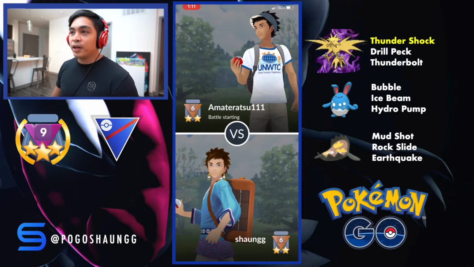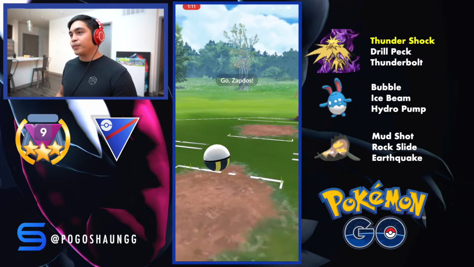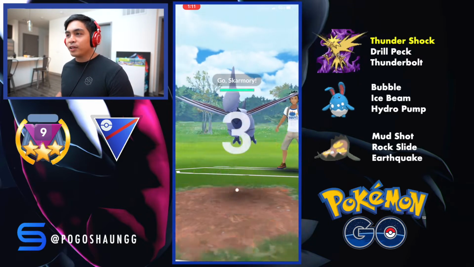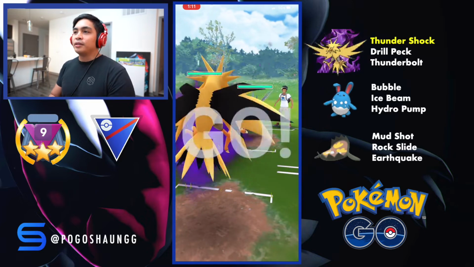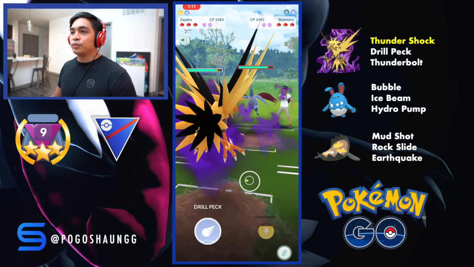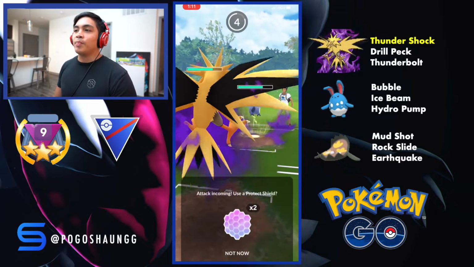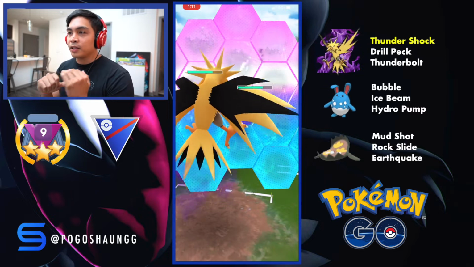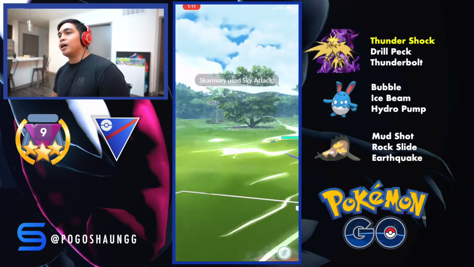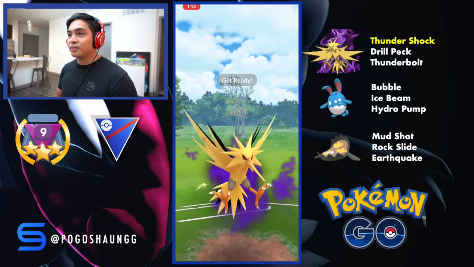Alright, so my first match is with Amaradisu 111. And we're in like rank 3 or 4 right now. So, okay. So Skarmory, incredible lead, right? With Drill Peck, even though it's resisted, it's going to do hard hitting damage. I still haven't thought out a play I want to do all the time. I should bait with Drill Peck, but they bring out